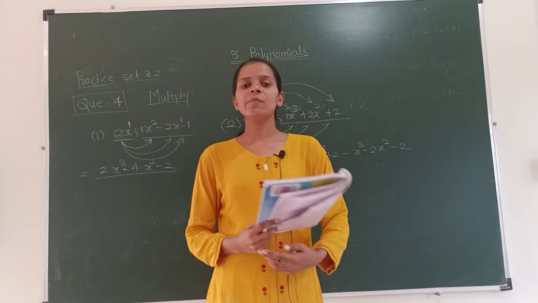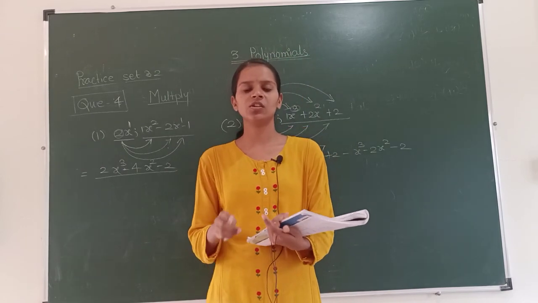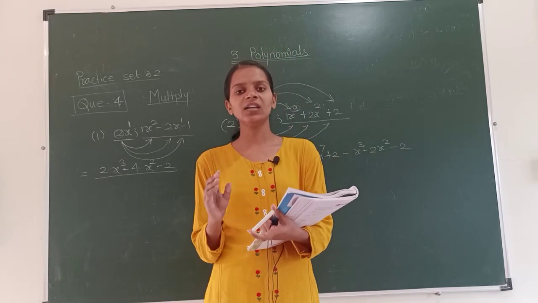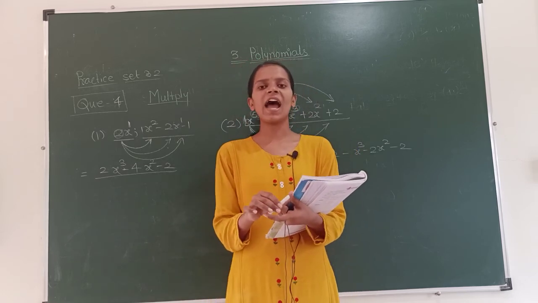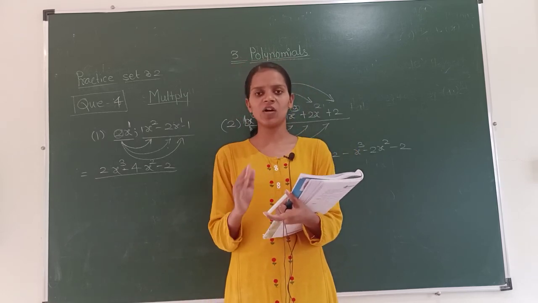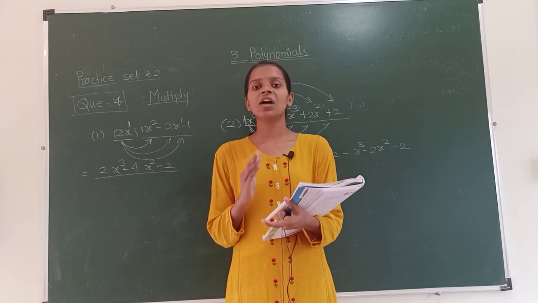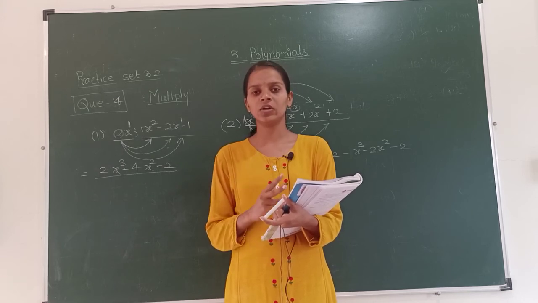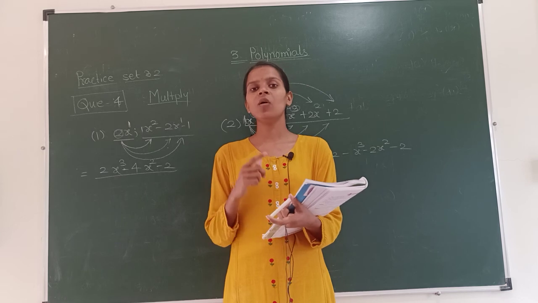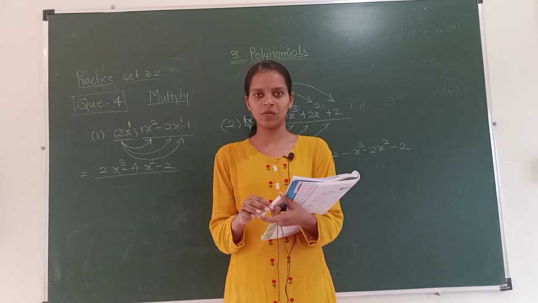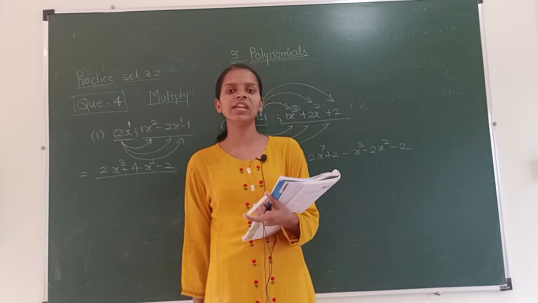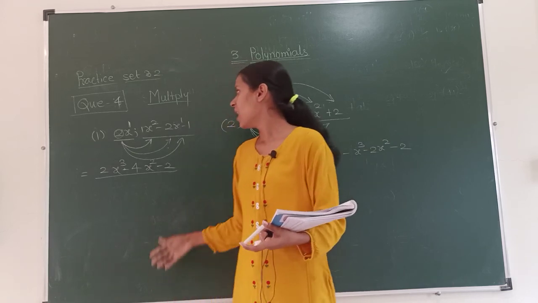It is very simple, just keep the rules in your mind. If we are adding two like polynomials, then we add or subtract the coefficients. If we are multiplying or dividing two polynomials, then we have to multiply or divide the coefficients of the polynomials, and we use rules of indices for this.